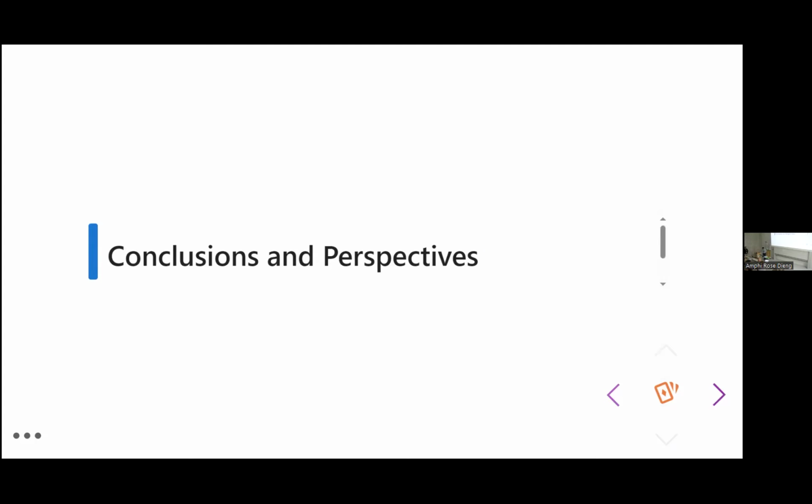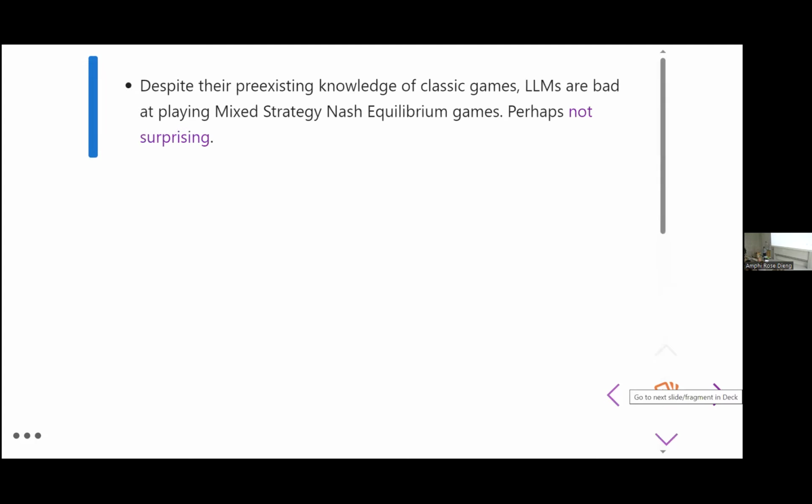So, conclusions. Different conclusions. First of all, despite the pre-existing knowledge of these classic games, so here I show you matching pennies, but you also have rock, paper, scissors in the paper, and many of these games in which you need to randomize, LLMs are very bad at playing these games. And perhaps not surprisingly, if the internet works,